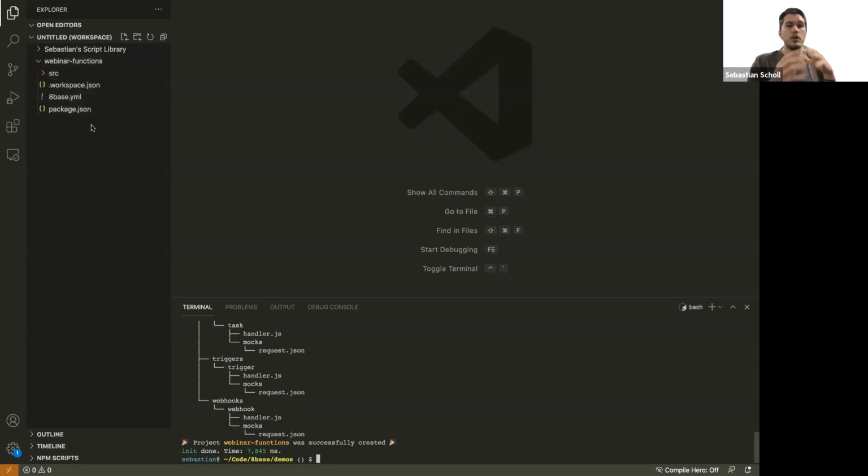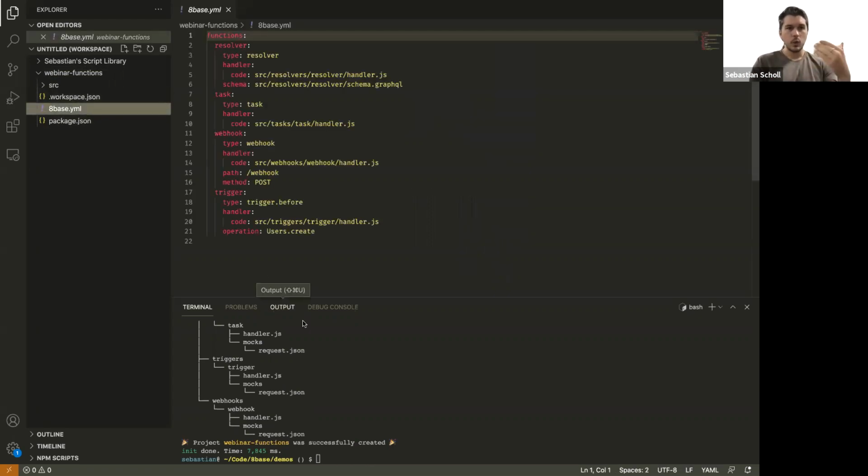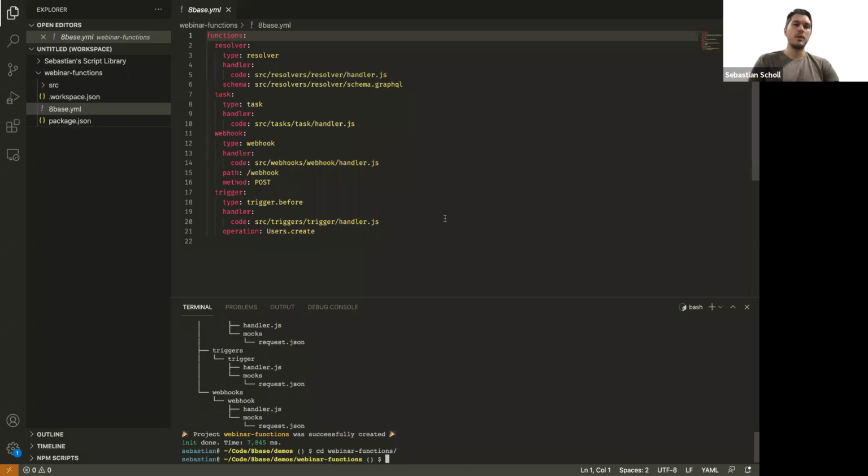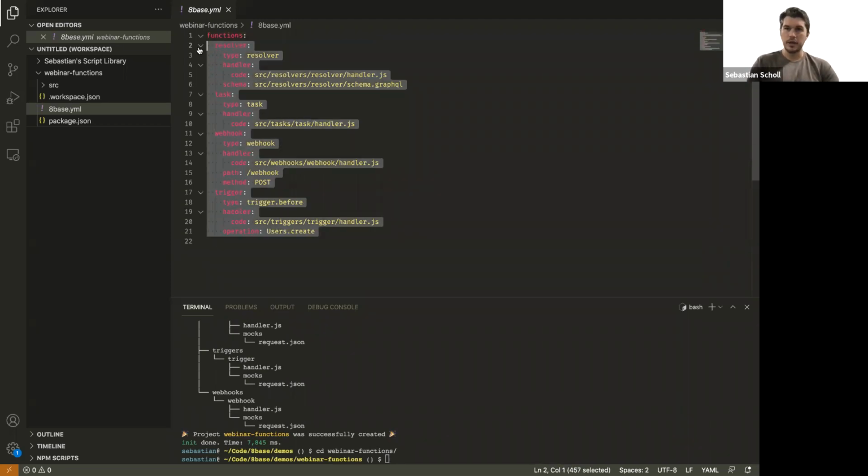Awesome. So looking through these, if you're familiar with serverless framework, this is going to be very reminiscent of it. We did not use serverless as part of our tech stack, but we adopted a lot of patterns from it because we liked how it was organized. So at the core, we have an 8base.yaml file, which has the declarations for all the different functions that we have. Now, these are just example functions that were generated with a new project, which you could initialize empty if you wanted to. But it will give us a really great